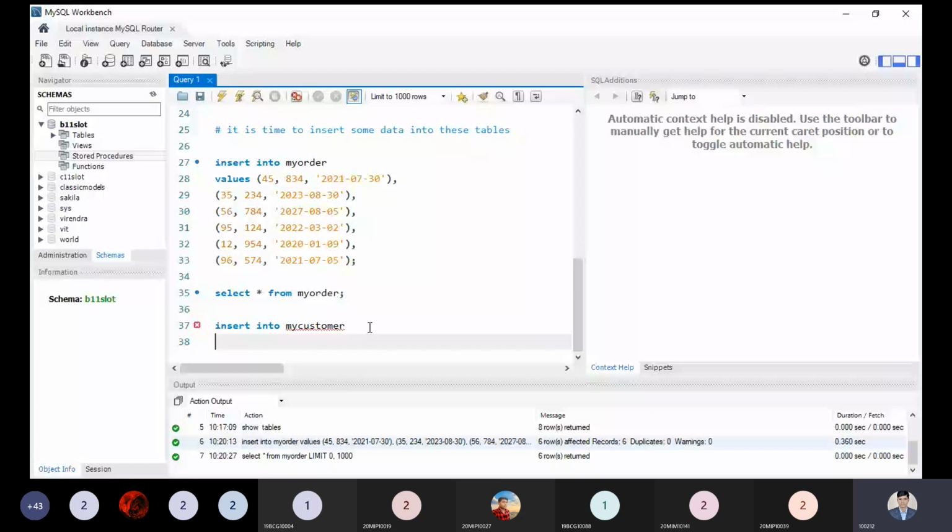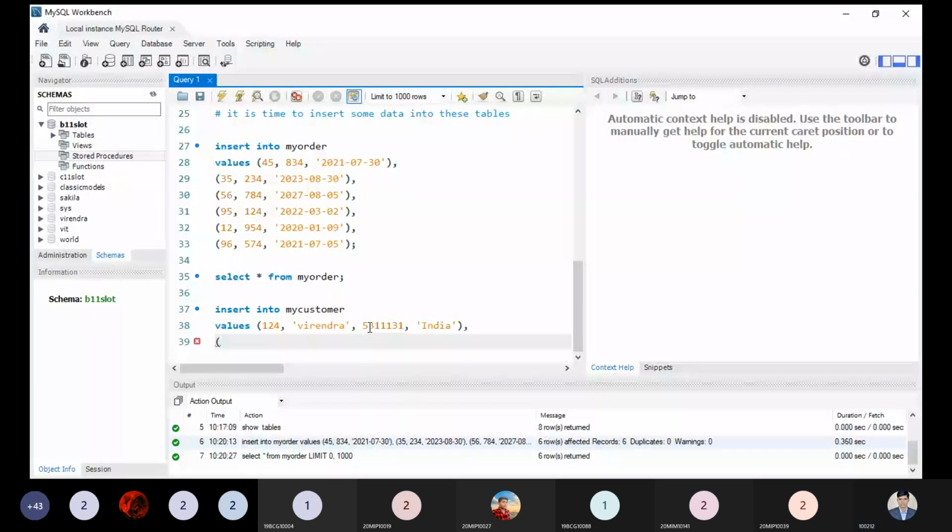You can take some customer IDs the same as given in my order. So customer ID, I'm picking random data 1 to 4 only, and customer name, random data, and contact number, random, and country I can take like this. Next random data I'm picking, and next contact number like this.